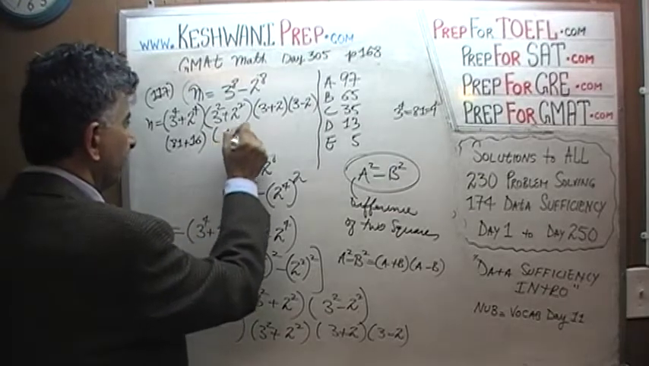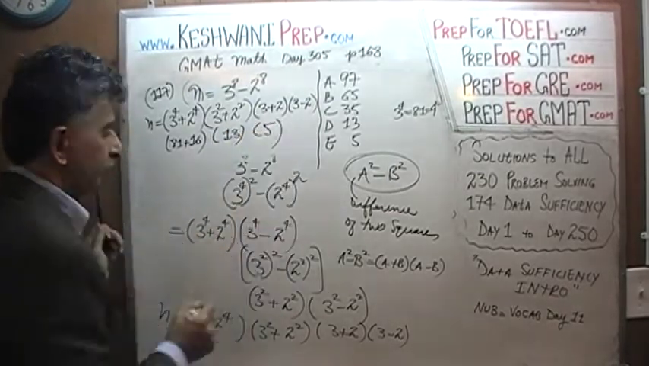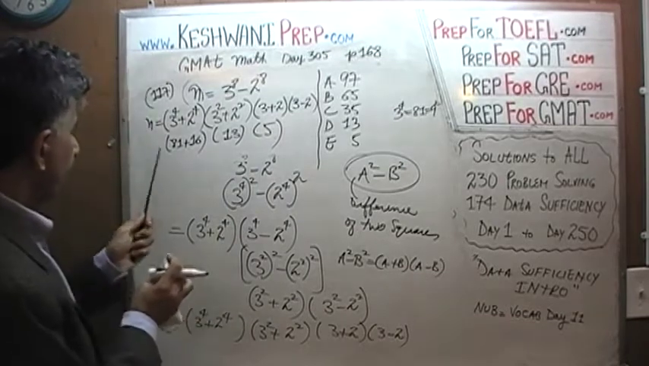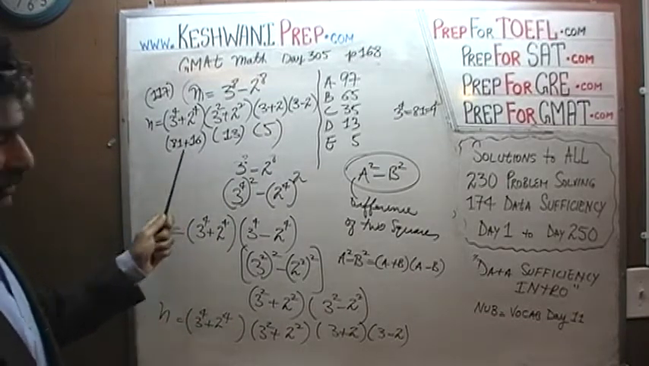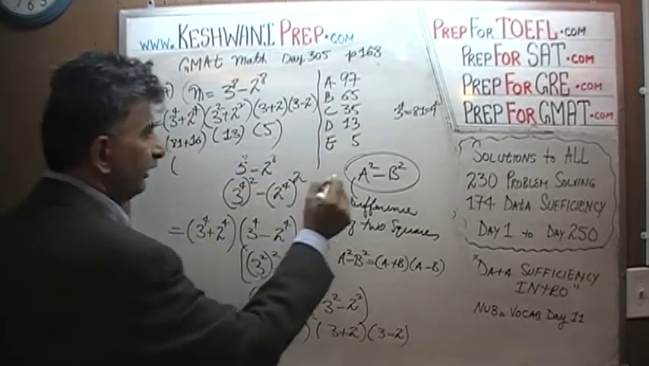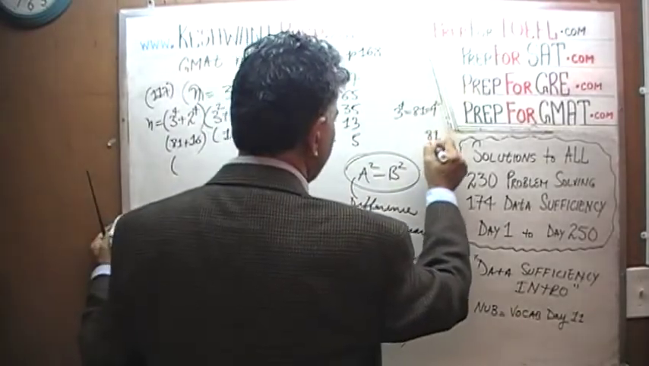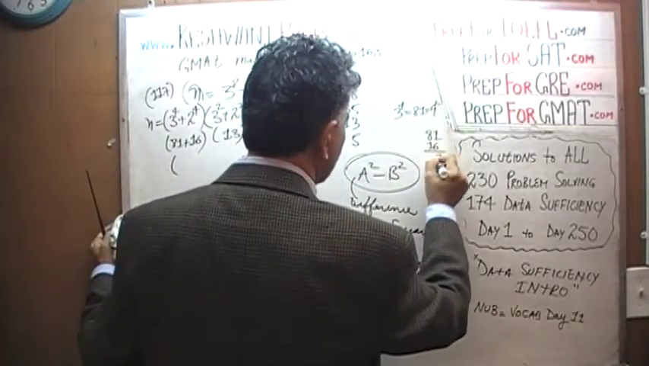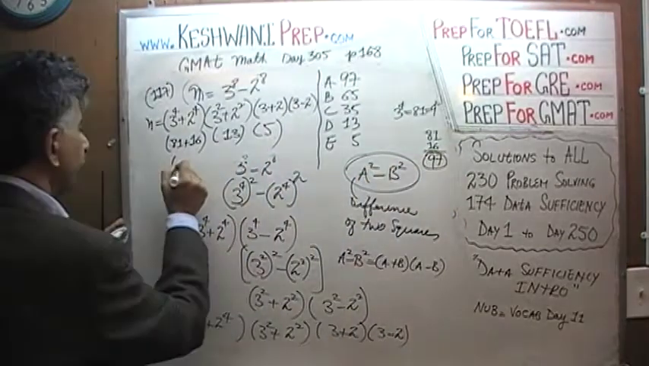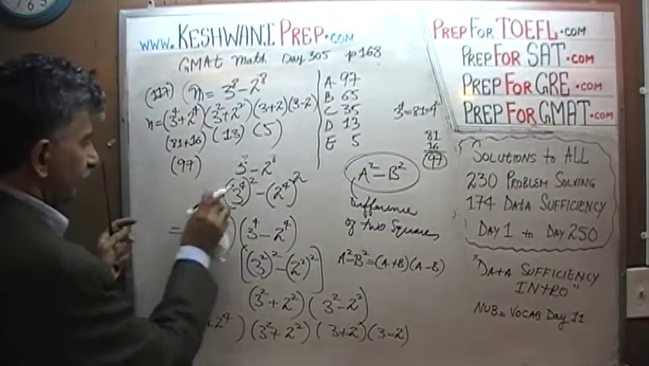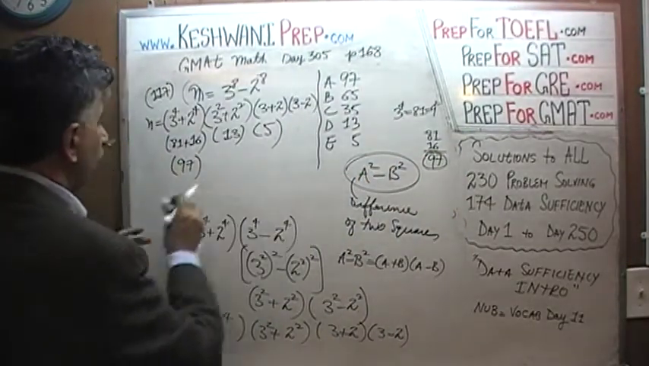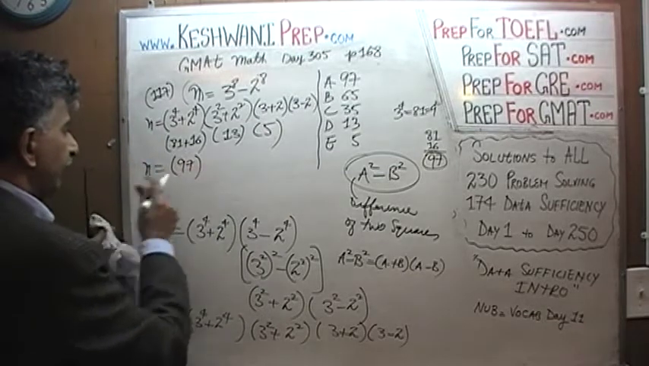I'm going to pick up speed, I'm taking too long here. This is 5. Let's add up these two numbers: 81 plus 16. What is 81 plus 16 going to give us? It is going to give us 97. Let's erase this. So n equals 97